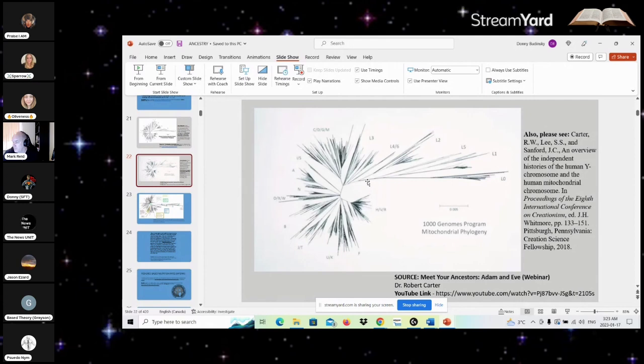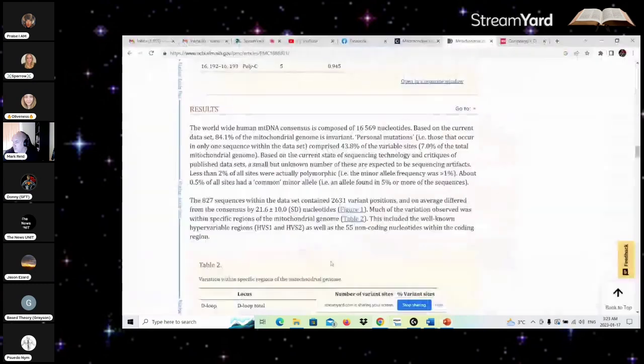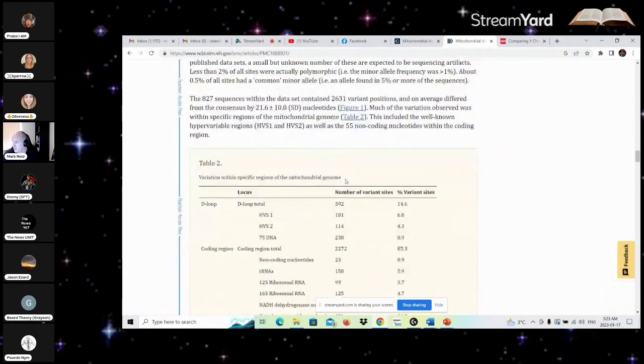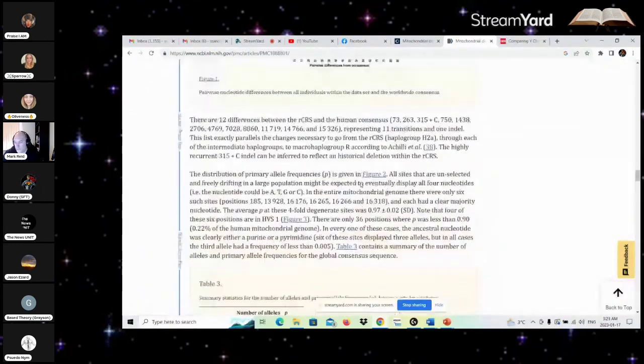Sorry, guys. All right. And the reasoning behind the differences in mitochondrial DNA within Neanderthals would be an entirely separate argument. And so this consensus sequence here is based on worldwide mitochondrial DNA variety from living people. That's how we're able to calculate the mean and come back to a coalesced sequence that the evolutionary community would probably place somewhere between 100 to 200,000 years. We would place it somewhere between 4,000 and 6,000 years.